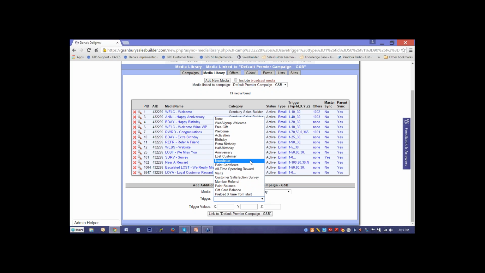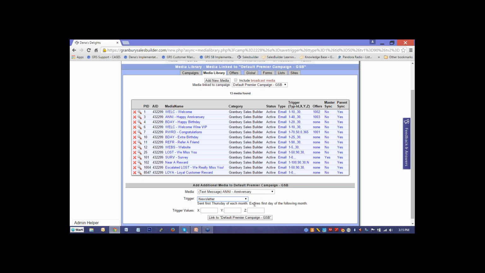Another one here that you guys would really benefit from is this newsletter trigger. It's sent to go out the first Thursday of each month. So if you're setting up an automatic newsletter to go out, this is the trigger you'd want to use. Now remember,